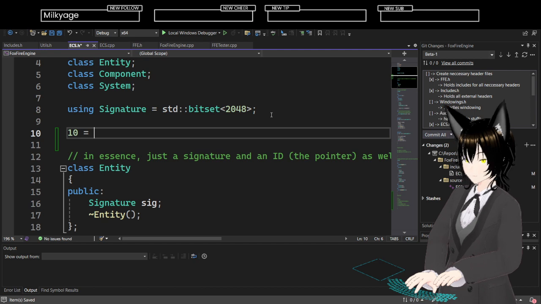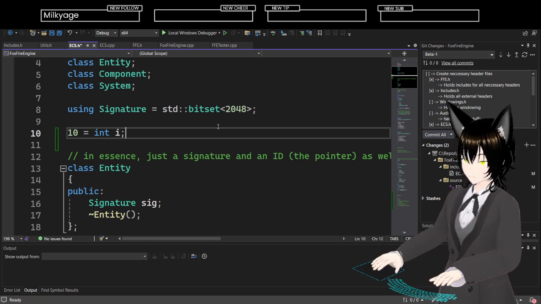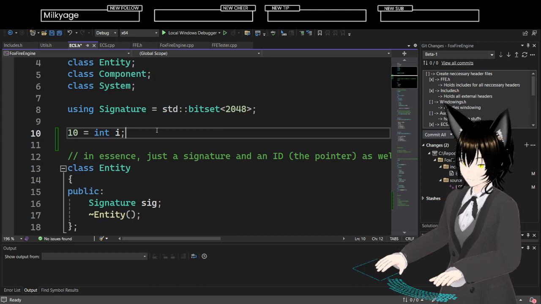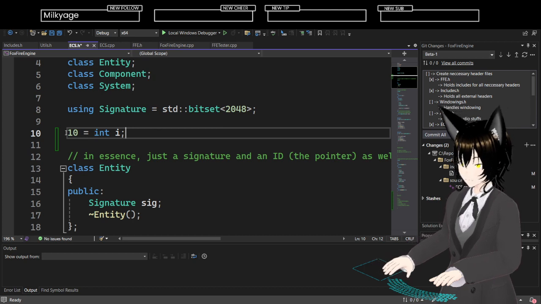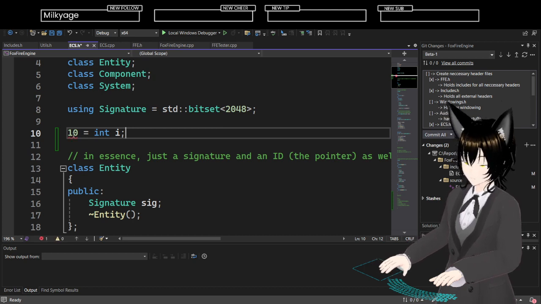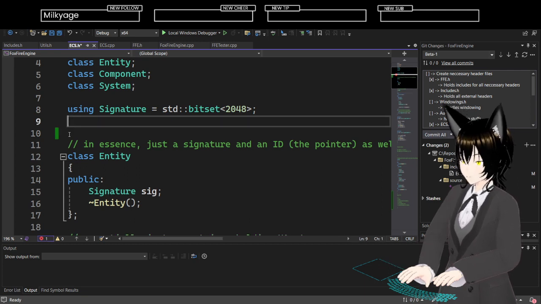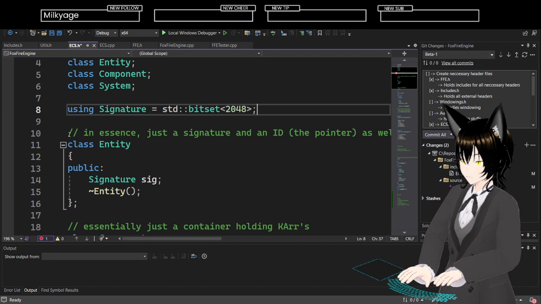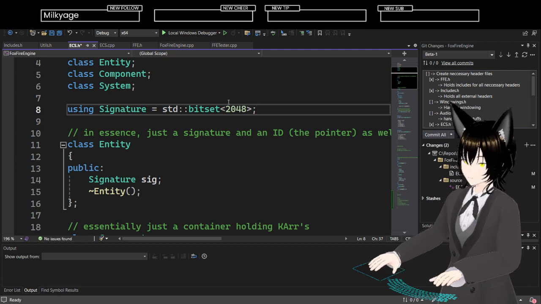This doesn't work because this is an R value, and it'll even tell you, as soon as IntelliSense catches up: expected a declaration, things along those lines. But either way, this needs to be an R value.